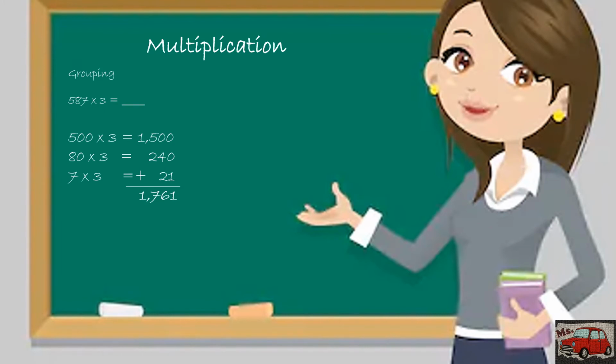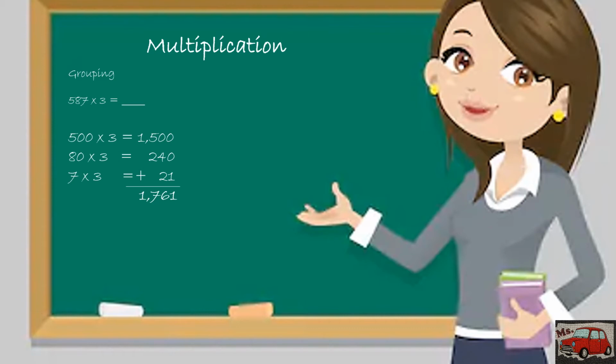Let's multiply the same numbers by grouping. So, the 587 will become 580 and 7. And let's multiply each value by 3. So, 500 times 3, we have now 1,500. 80 times 3, we have 240. 7 times 3, we have 21. If we were going to combine or add those values, then we have the same answer,